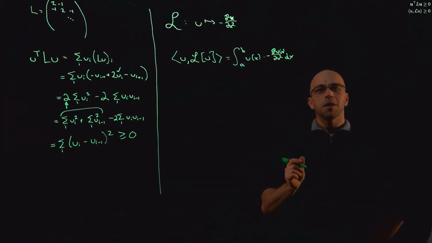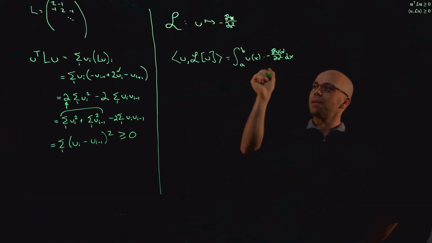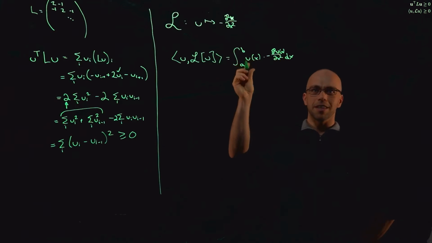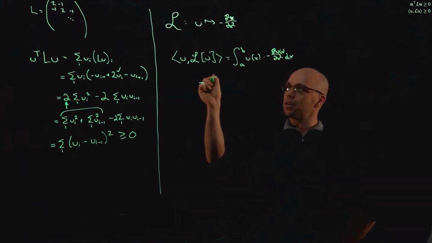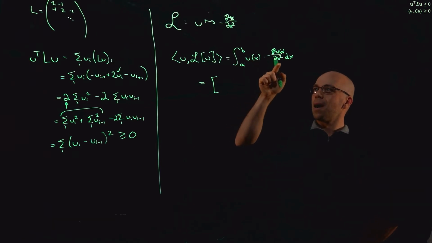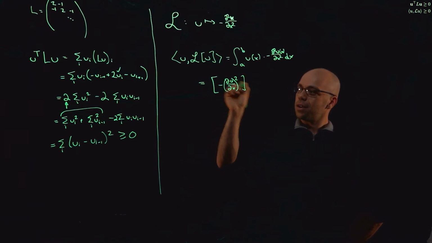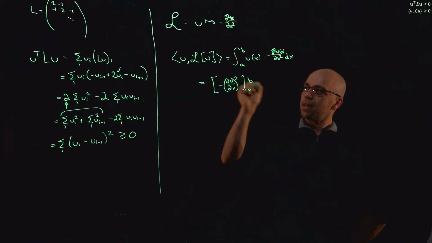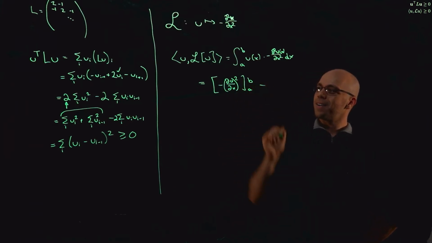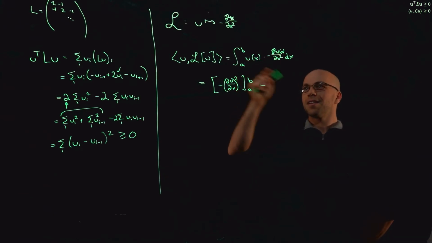Well, if we integrate by parts, what are we going to get? So remember, integration by parts essentially moves one of the derivatives to the other term. So you get the boundary term, which is going to be du/dx times minus du/dx, so it's minus du/dx, kind of all that squared, evaluated at a and b, and then minus what? Well, now minus the